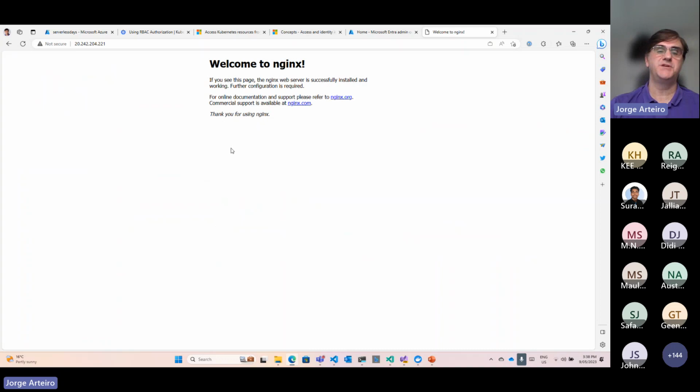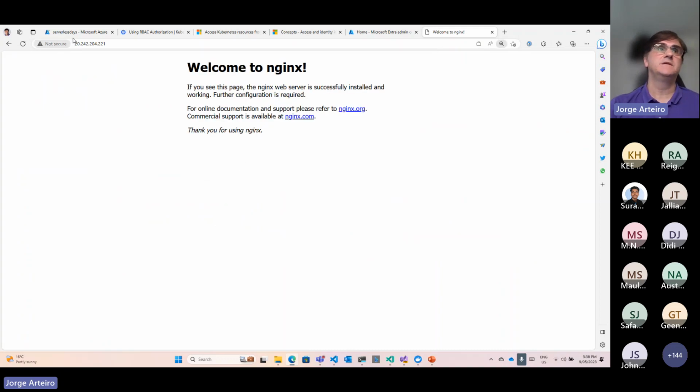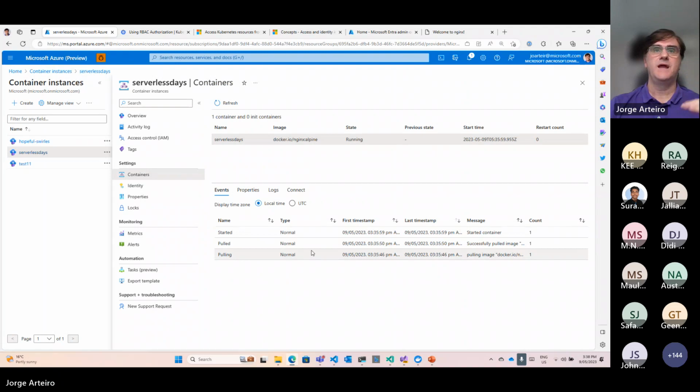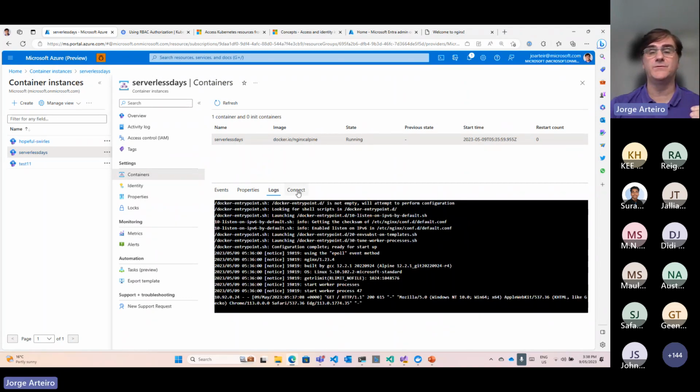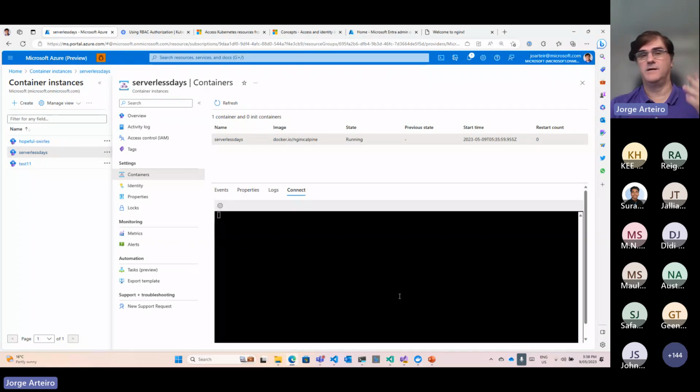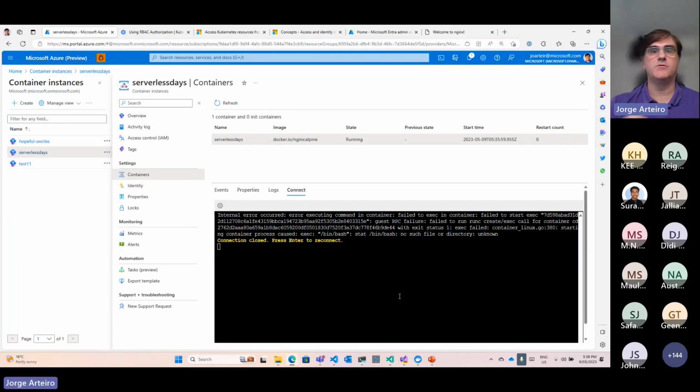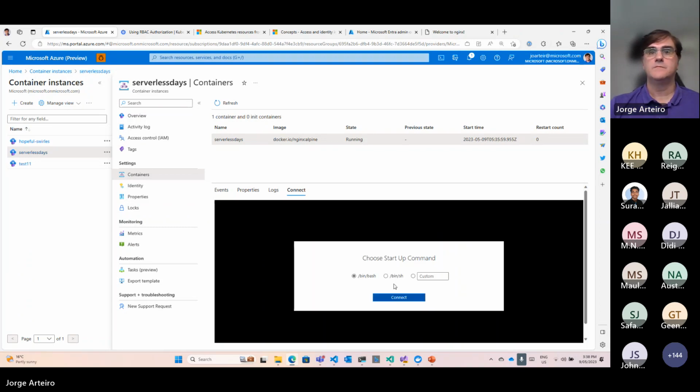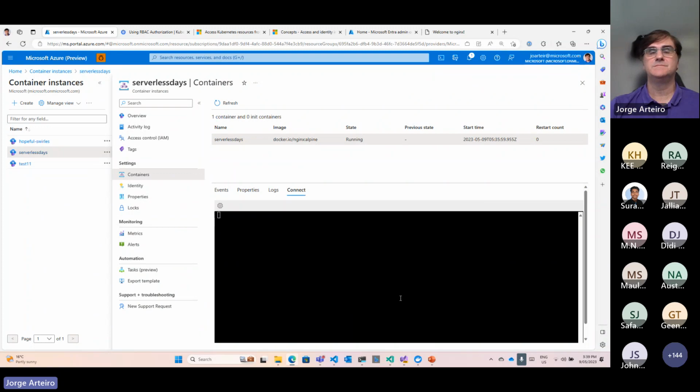And then I have Nginx now running. That's the deployment I just did. That's the container instance. And here you can even have logs. You can connect to the container running there. From here, you can have bash or sh, the shells. The shell is the command line that you can use, sh or bash. Press enter to reconnect. We don't have bash on this Alpine version of Nginx, which means you have to use sh. And if I try to use sh, there you go.